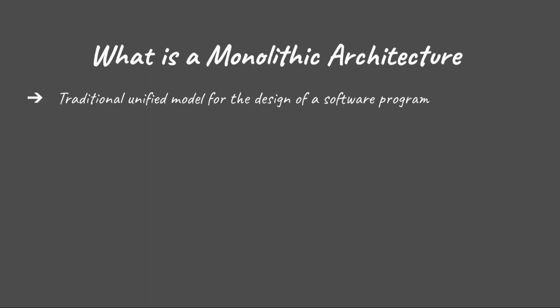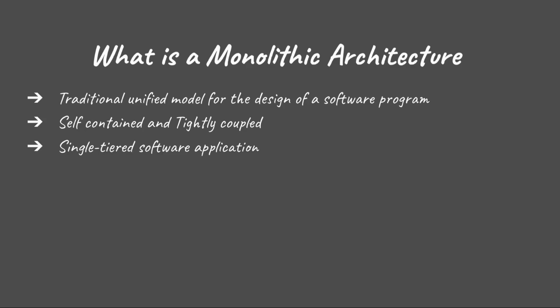A monolithic architecture is a traditional model for designing software programs. Monolith here refers to something that is composed all in one piece. Monolithic systems are generally designed to be self-contained. All the components are tightly coupled rather than being loosely coupled. Each component and its associated components must all be present in the code for it to be executed and the application to run. It is a single-tiered software application in which different components are combined to form a single program